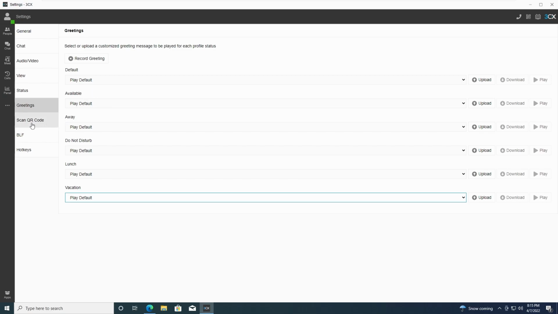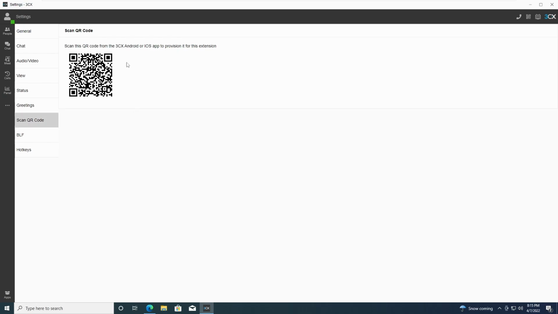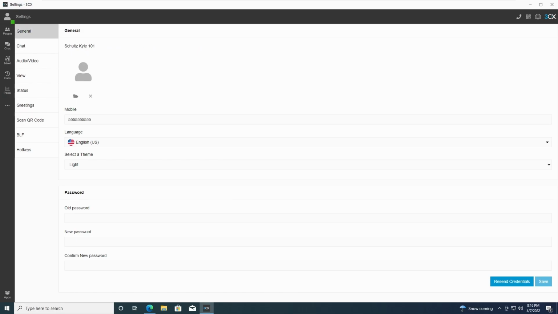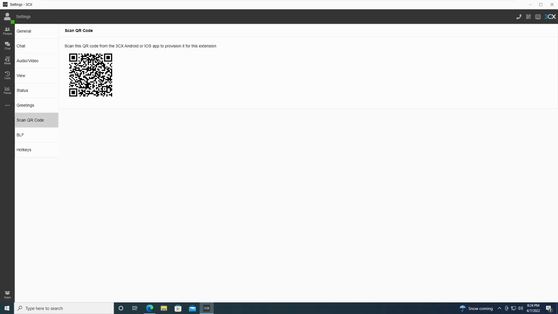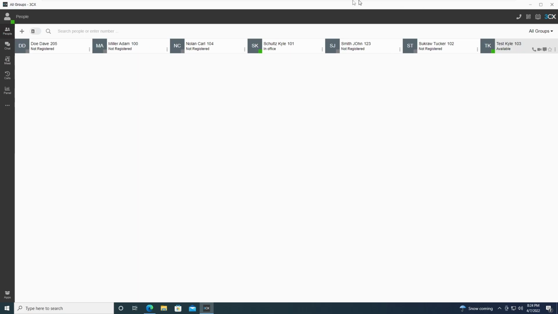And then the final option here is going to be scan QR code. This QR code is what you will use to provision your phone extension. So you'll take the cell phone app and it'll ask you to scan a QR code. You can point that at the screen and then your phone is going to be registered at that point in time. So the next thing I'm going to show you is the actual 3CX app. Now that we've gone through and done our scan QR code, we will bring up the 3CX app. So once I grab my cell phone here